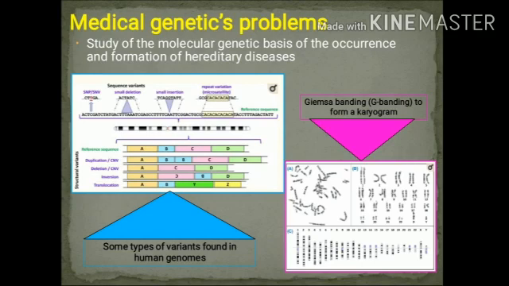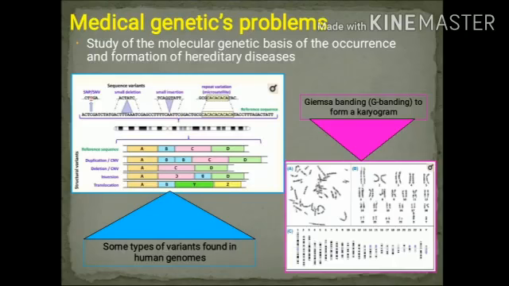Medical genetics studies the genetic basis of human disease, including single gene disorders, chromosomal imbalances, epigenetics, cancer, and complex disorders, and understanding and technological advances can be applied to provide appropriate diagnosis, management, and therapy